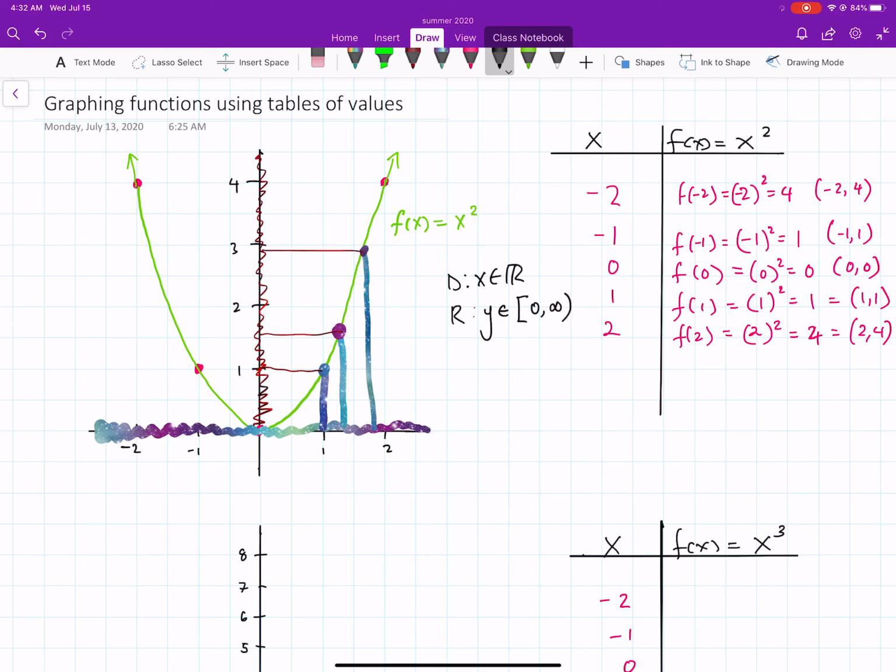Okay. I want us to also look at something called increasing and decreasing. So when I talk about increasing and decreasing, you can clearly see that if you read your graph from left to right, you're coming down this way. And you always read our graph from left to right, all right? Not from right to left. So if you read the graph from left to right, you can see that it's